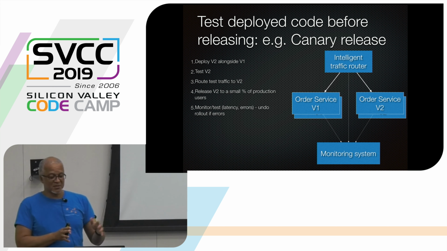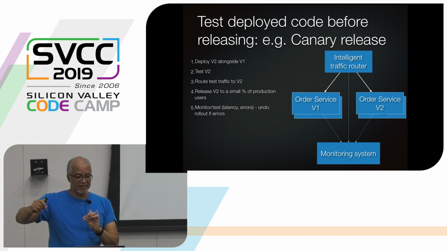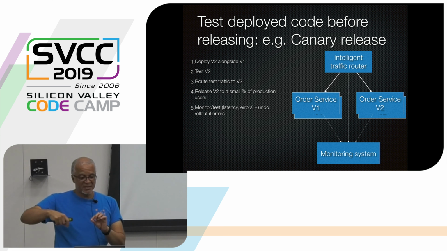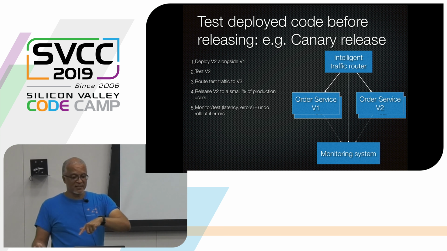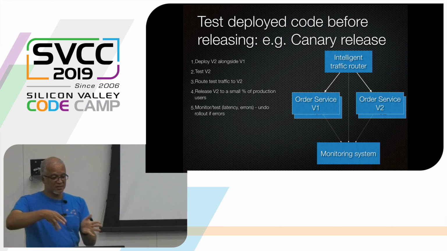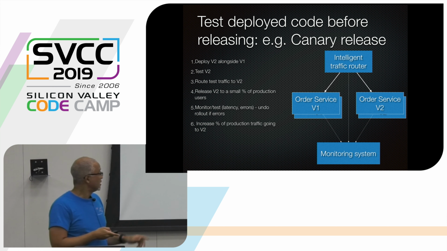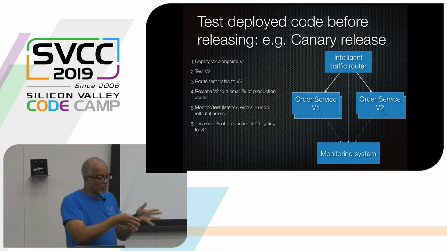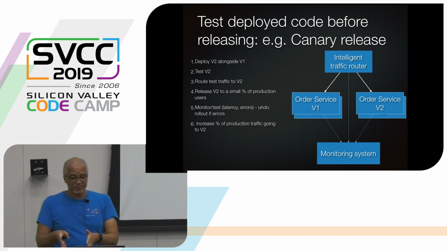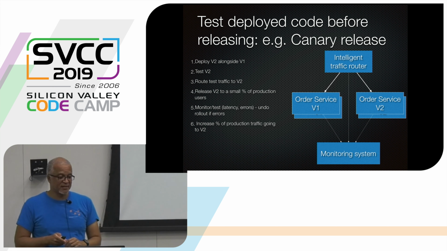And if you see a spike in latency or a spike in the error rate, which is indicative of a problem, you can quickly change the routing rules to route all traffic back to version 1 while you diagnose the problem. But you're just incrementally routing more and more traffic to version 2 while making sure that things are working, until you end up with all of the traffic going to version 2 and none to version 1. And then eventually you can retire version 1. So that's this whole mechanism of canary deployment.